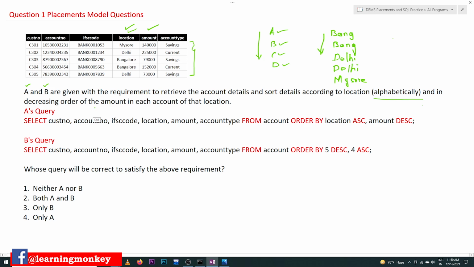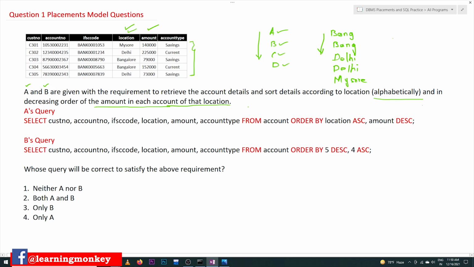That is what the question says: a decreasing order of the amount in each account of that location. Try to understand this question, as this part is very important. In each location, the amount has to be in the decreasing order.